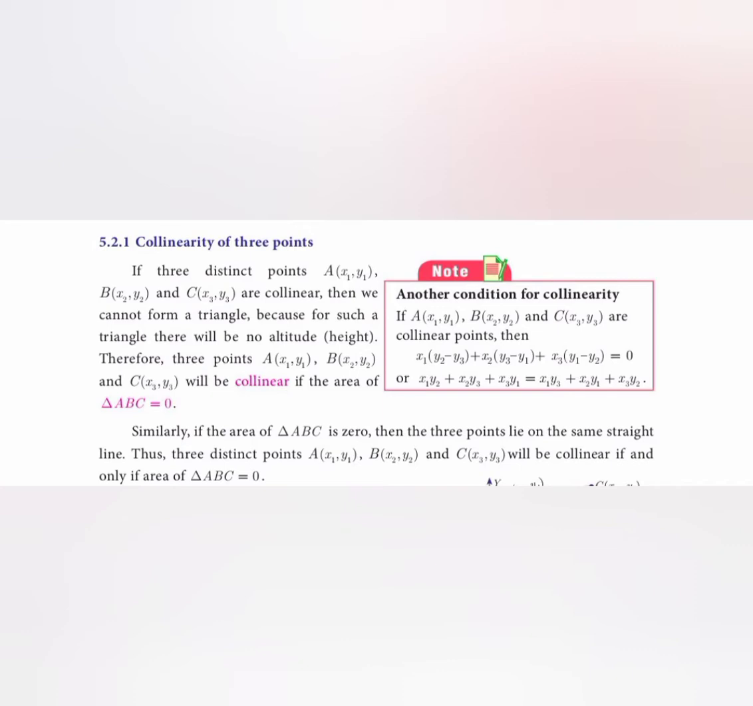Then we have something called collinearity of 3 points. So the condition for collinearity of 3 points is, if the area of the triangle ABC is 0, then the 3 points lie on the same straight line. Okay, so the condition for checking the collinearity of 3 points is the area of the triangle becoming 0. Means we have to substitute in the formula of area of triangle, equating it to 0,